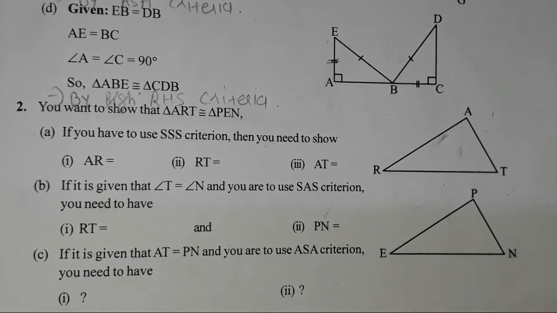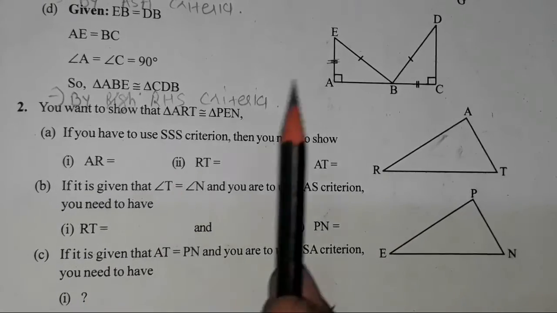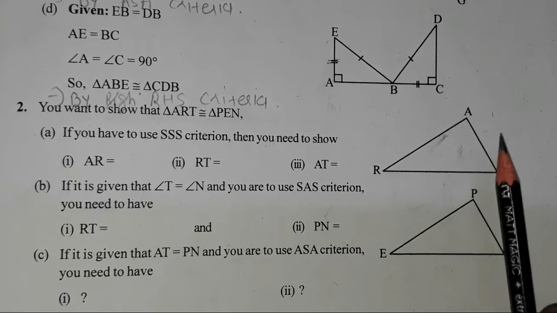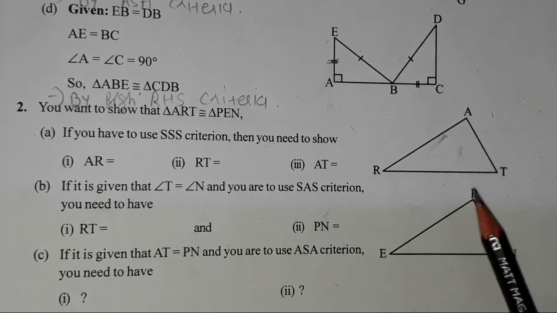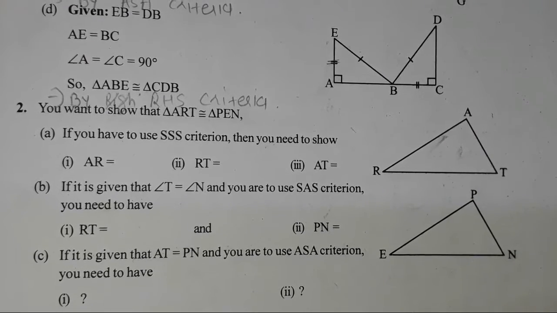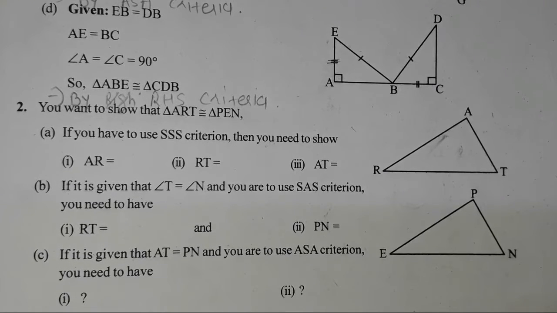Hello students, now we will start question number 2 from exercise 7.2. The question is, you want to show that triangle ART is congruent to triangle PEN. So in the first part, A, if you have to use the SSS criteria, then you need to show